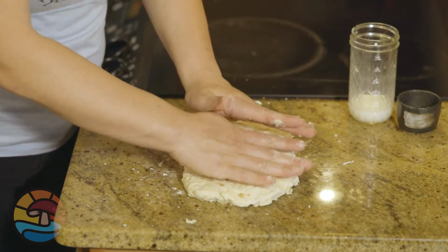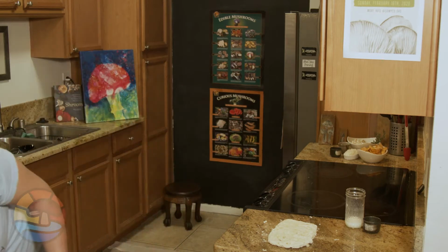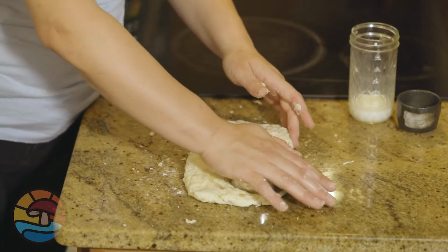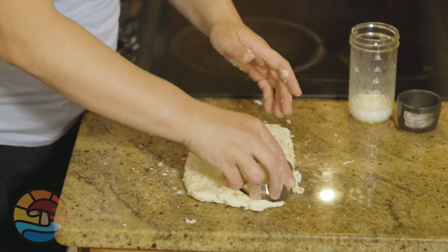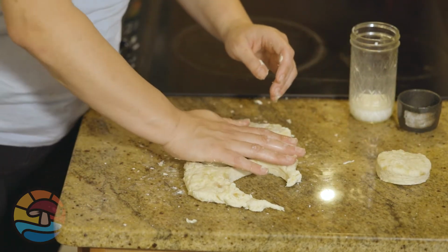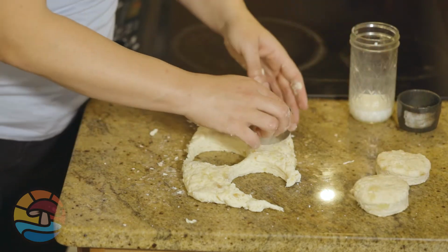You can cut your biscuits into squares or I have a ring mold right here, which makes nice even-sized biscuits. So we'll just take it like that, put it to the side, put it to the side, and